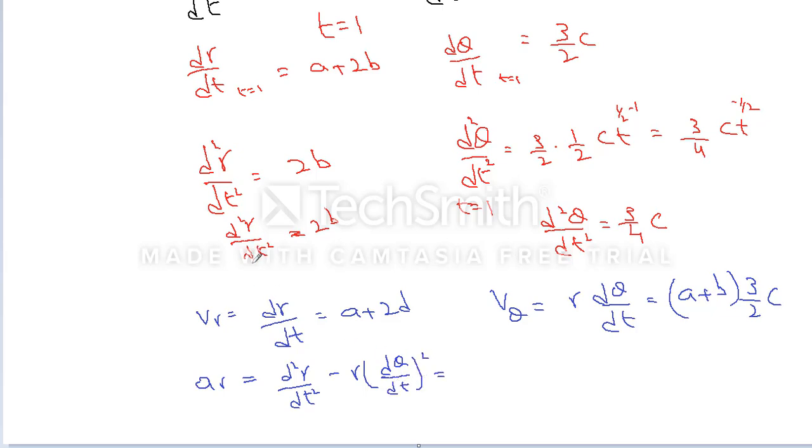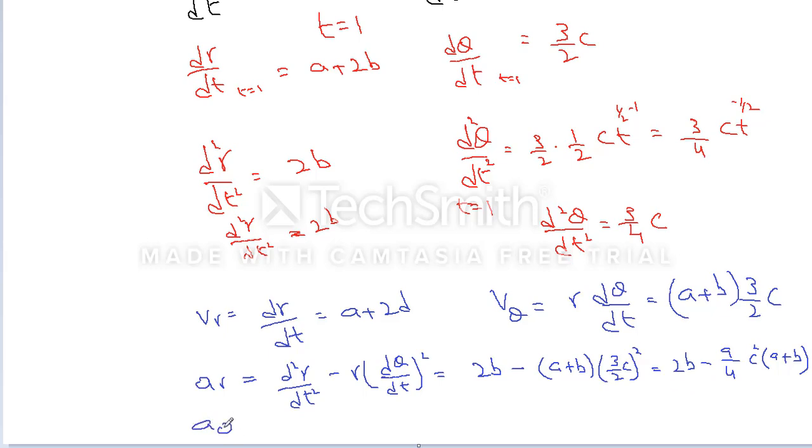Now d square r over dt square is 2b minus the value of r, which is a plus b when t is equal to 1, and (d theta by dt) square is 3 by 2 c square, which is 2b minus 9 by 4 c square into (a plus b),